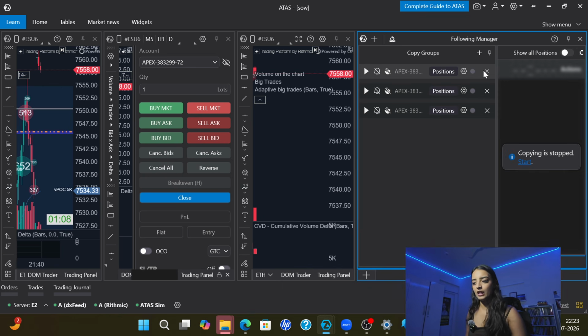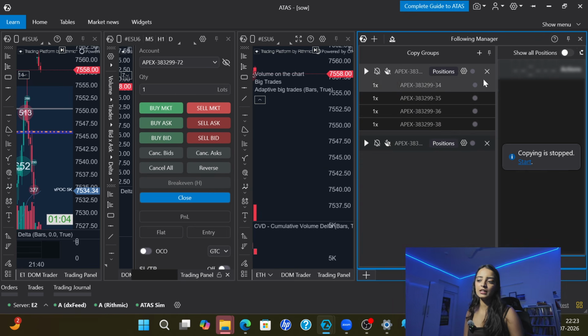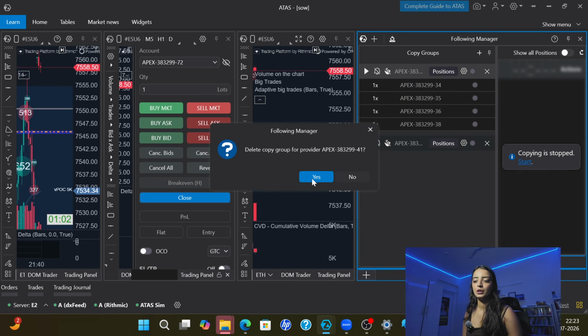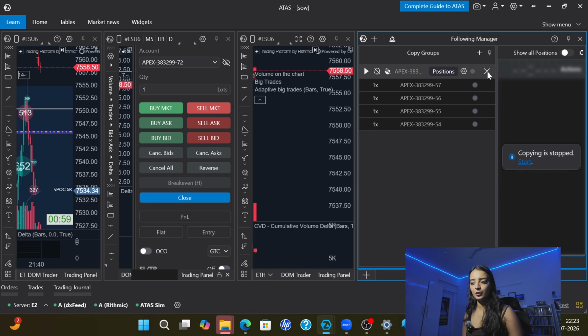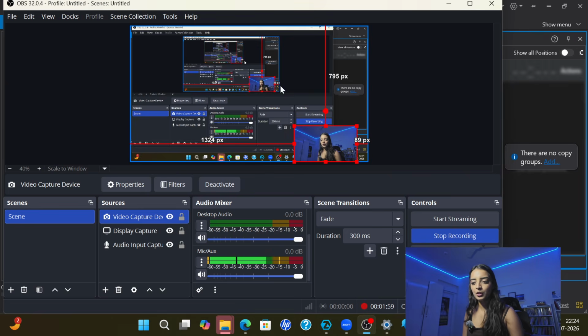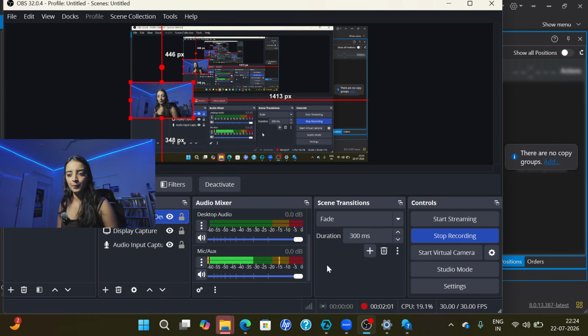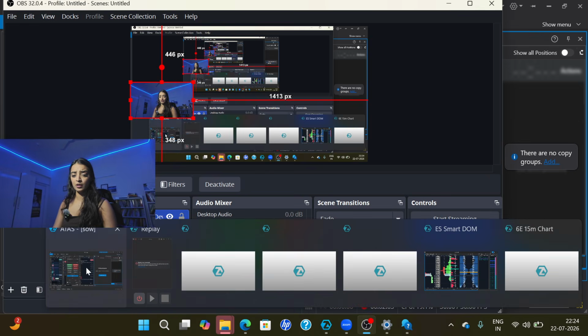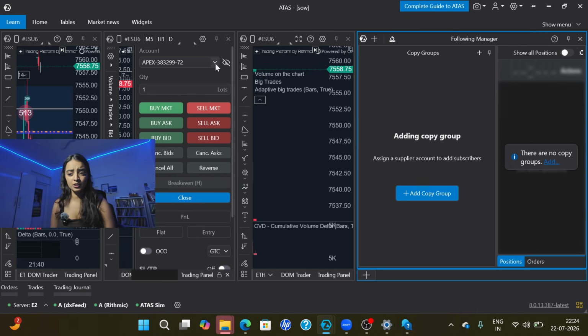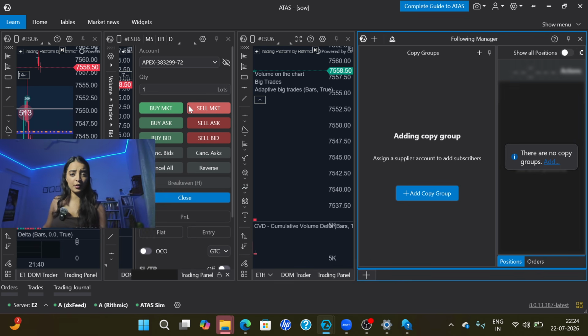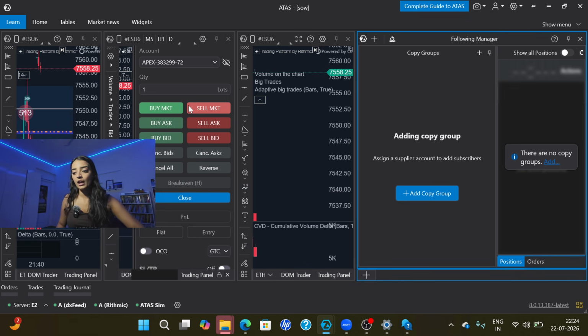All right. So this is how it looks. And firstly, what you need to do is create a copy group. So you need to create a copy group. Basically, before we even get started with all of this, you will have to log into all the accounts that you have. Just go here, go to your accounts and log into all the accounts that you need,